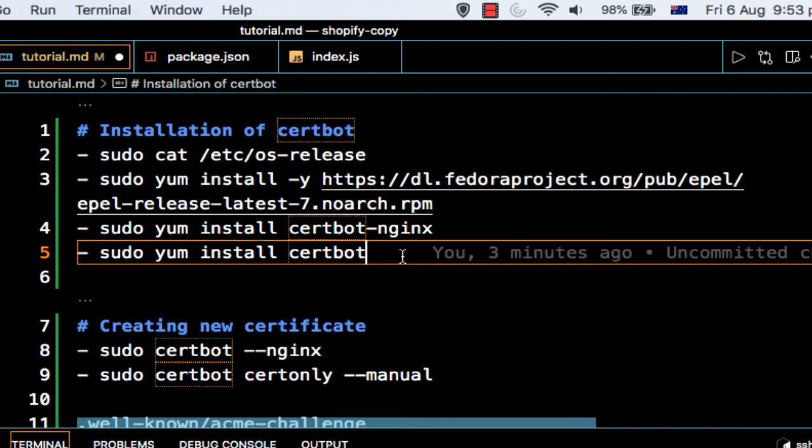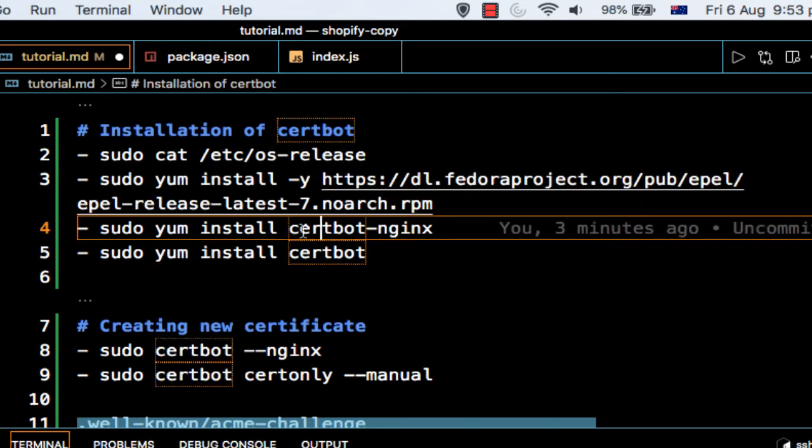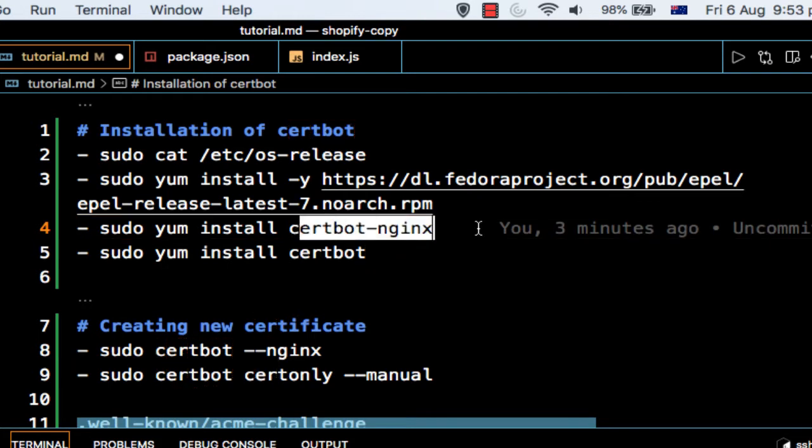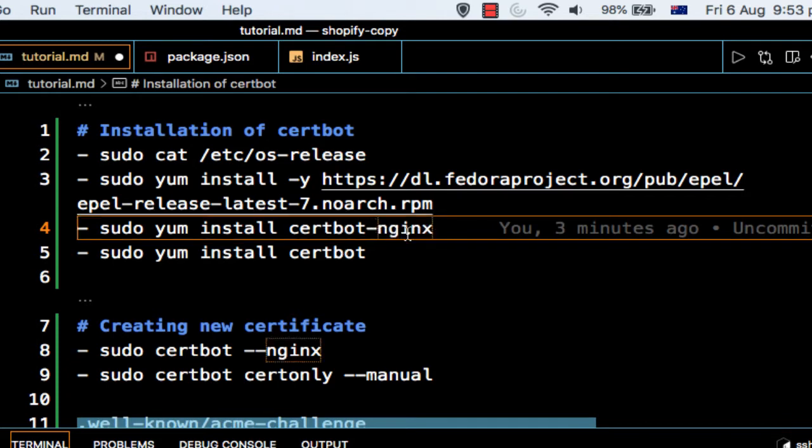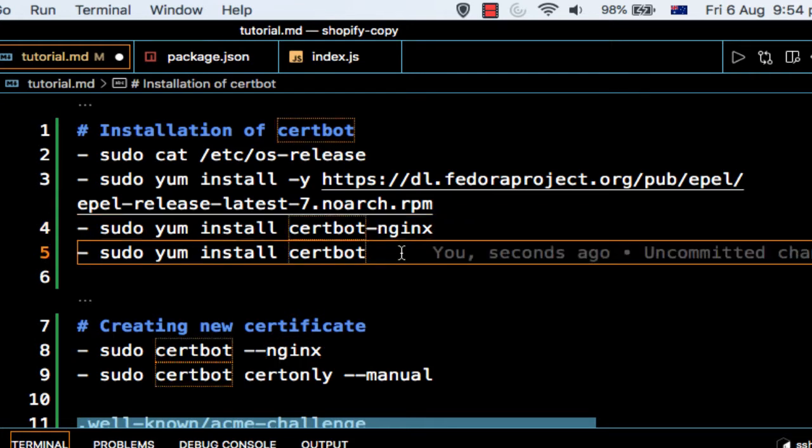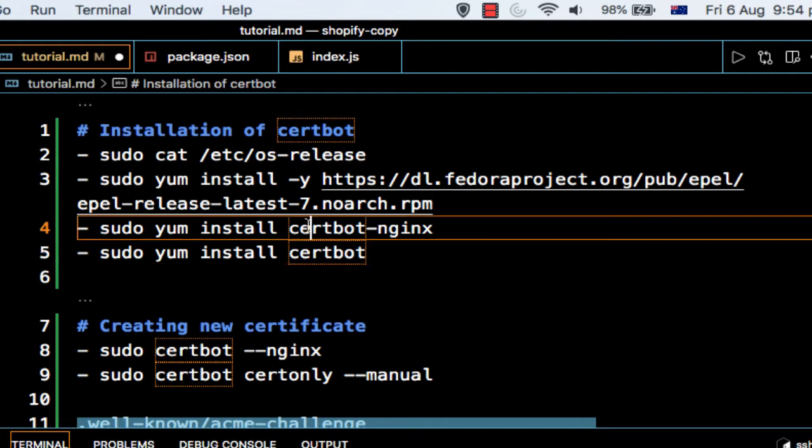Here we are installing certbot, and certbot nginx is a plugin. If you are using the nginx server, then you will need to install certbot nginx. If you are running another server, you might need a different plugin. For me, my servers are designed in such a way that nginx is the main reverse proxy server, and behind that nginx I have three or four web servers. I want to install the SSL certificate for all the servers, which is why I have installed certbot nginx.